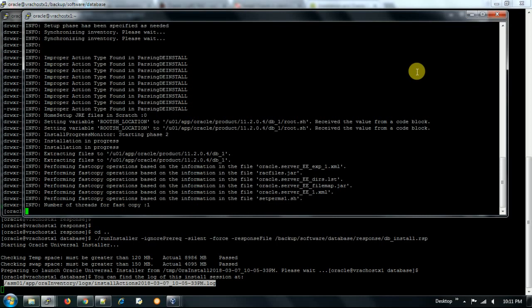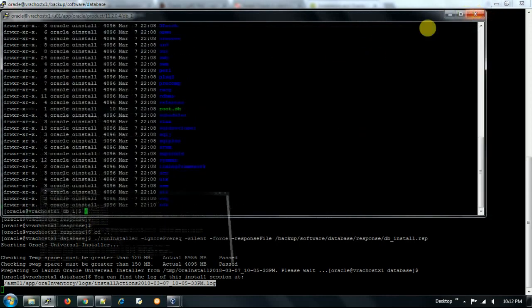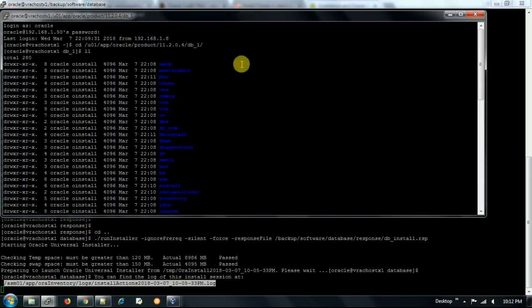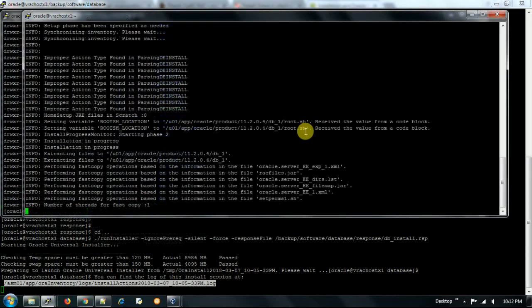So after the successful completion of this RDBMS software, we are ready to create databases on both of the nodes. For that I'll upload another video and will show how to create a database in silent mode by using response file,